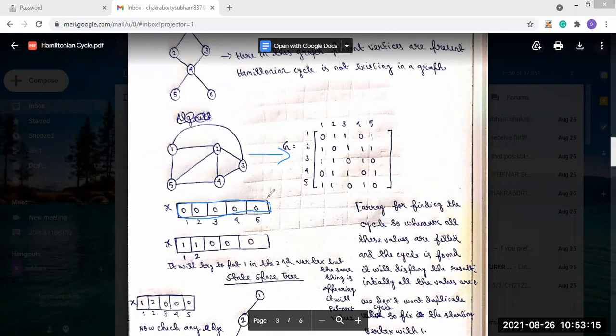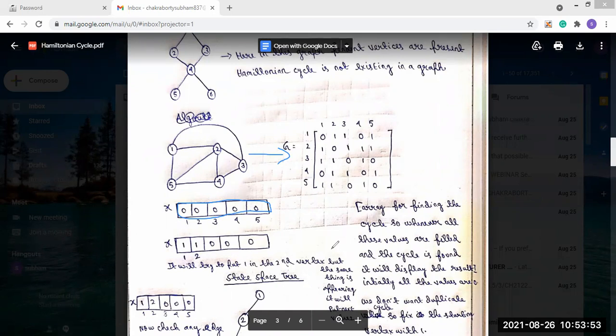Now why is this array used? This array is used for finding the cycle. Whenever all the indices are filled with values, we say that the cycle is found, and we will display the result. Initially the array is filled with 0, and the array size is the same as the number of vertices in the graph.